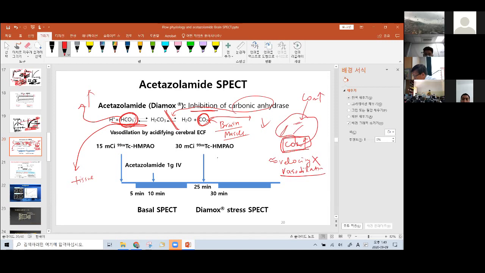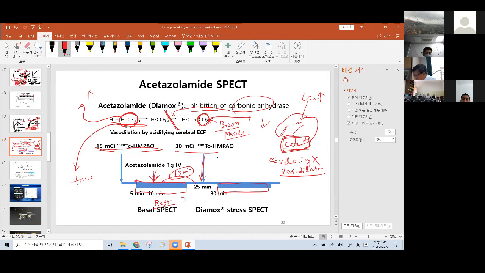Vasodilation because of CO2. The main effector is CO2. As I just told you, HMPAO at baseline was already given. Acetazolamide is given, and then 15 minutes after, my memory was wrong, not 10, 15 minutes after, HMPAO is given. While the rest basal study is being done, we inject acetazolamide, and then 15 minutes later we acquire another, but because